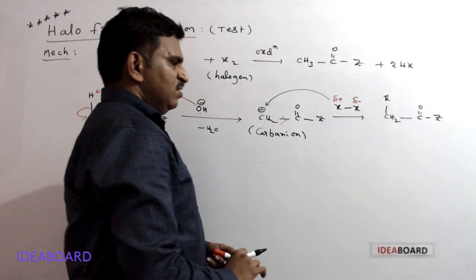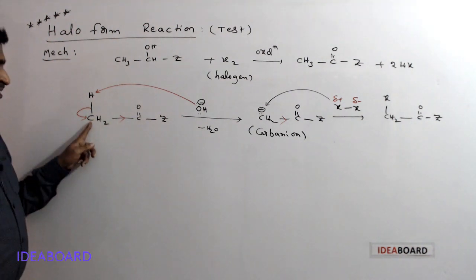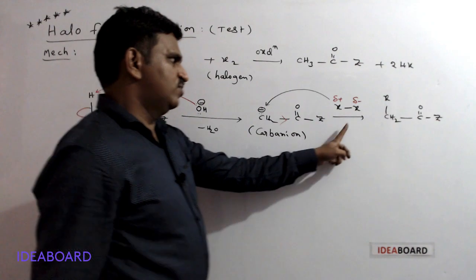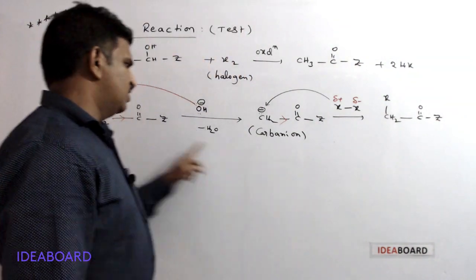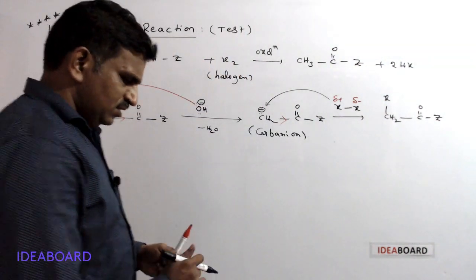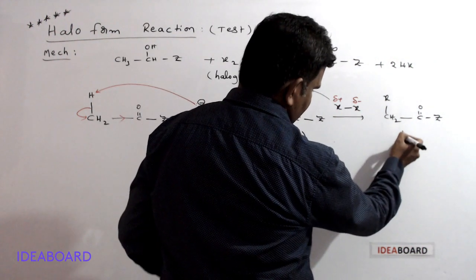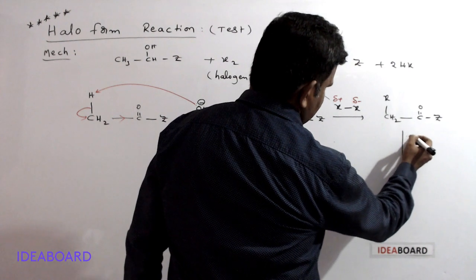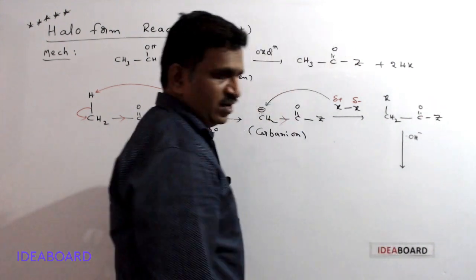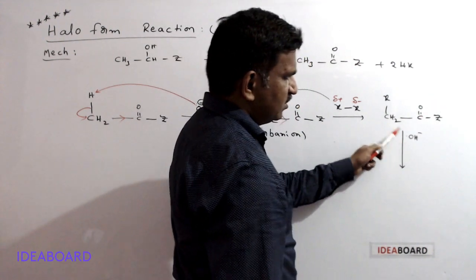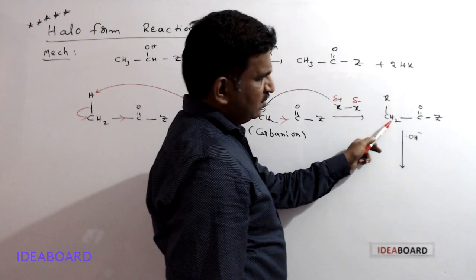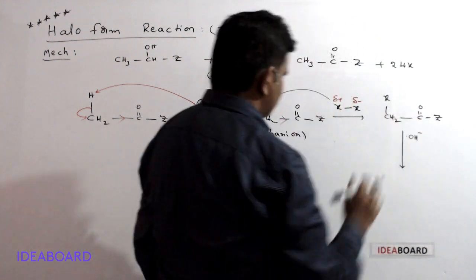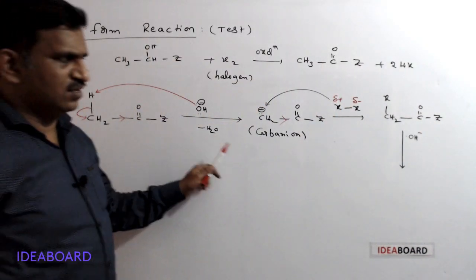Okay. Now, how many hydrogens are there on this carbon? 2 plus 1, 3. Now, one hydrogen is removed up to this point. This means this is a one-step process completely. In the second step, I am doing the same process again, meaning we are using OH minus. What will it do? The OH minus removes one more hydrogen and is released as H2O. So minus H2O, like it is happening.